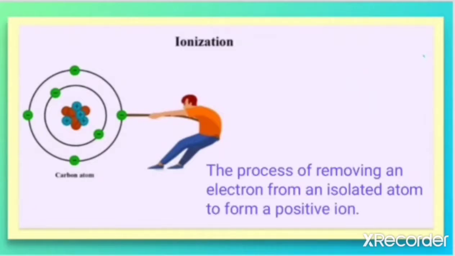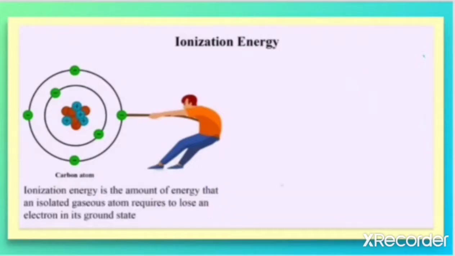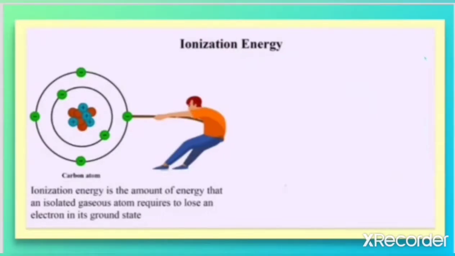The process of removing an electron from an isolated atom to form a positive charge is called ionization. So, in order to remove an electron from an atom, energy has to be supplied. This energy is called ionization energy. It is defined as the amount of energy that an isolated gaseous atom requires to lose an electron in its ground state. The unit of ionization energy is